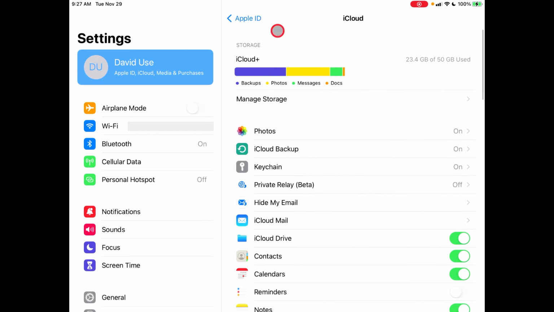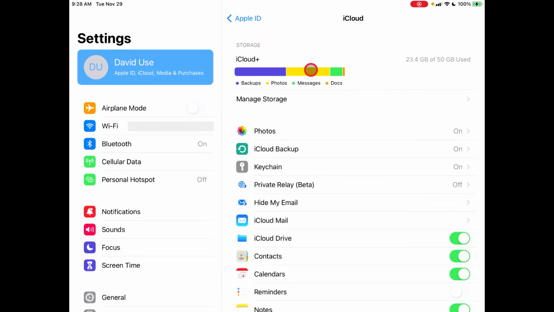Now, while we're in here, we'll go back, and this also shows you what's stored in the cloud: your backups, your photos, messages, and any other Apple apps will have some path to backing up in here. This isn't actually backing up the apps themselves, because they just assume you can download those again. But iCloud has many different storage things. And what you don't see in here is iCloud Drive, which we'll look at later, is a subset